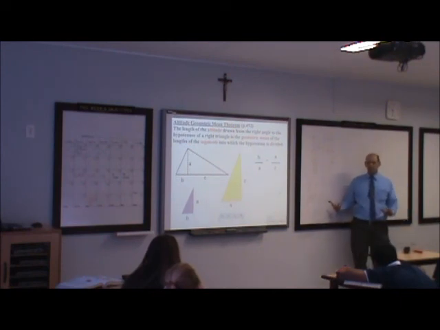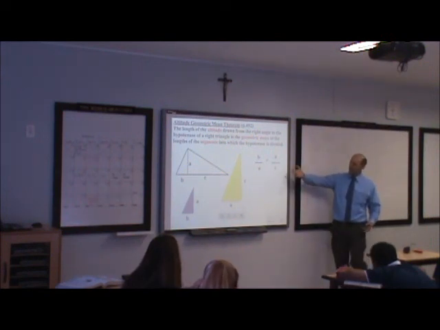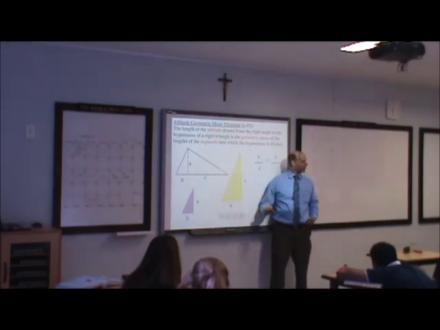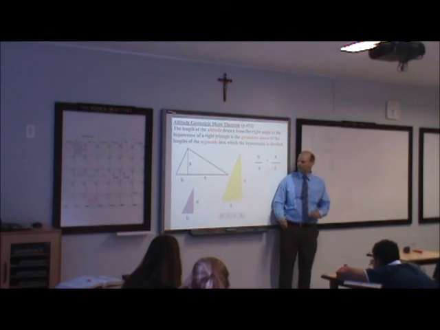So we can use this to solve problems if we have an unknown. If we have something that looks like this, and if we know two of the three values, you'll see some exercises like this. You have to practice this skill. If you see two